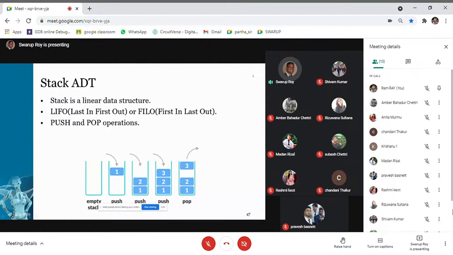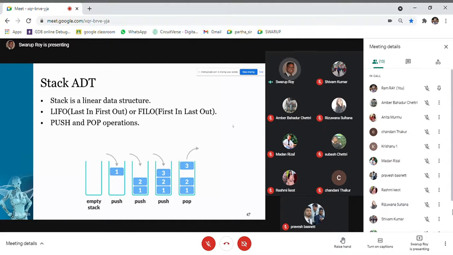Okay, let us start with stack. As we have discussed in the last class, stack is a linear data structure, of course, because this is a sequence. You cannot jump to any other element unless you pass through some of the intermediate elements. So that's why it is a linear data structure. But it is a more restricted linear data structure in comparison to the list data structure. Why? Because the entry and exit in that